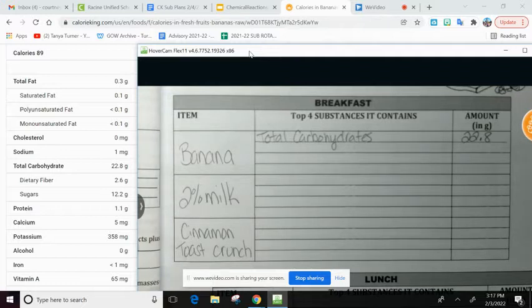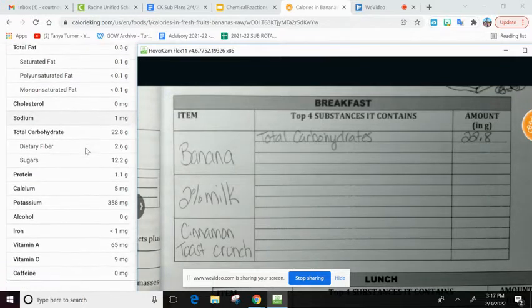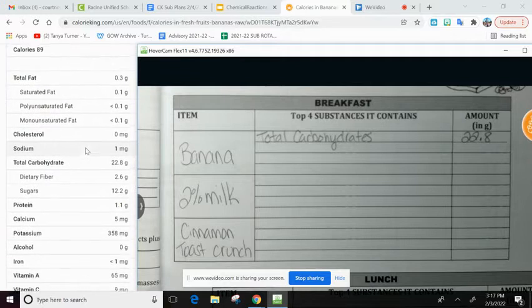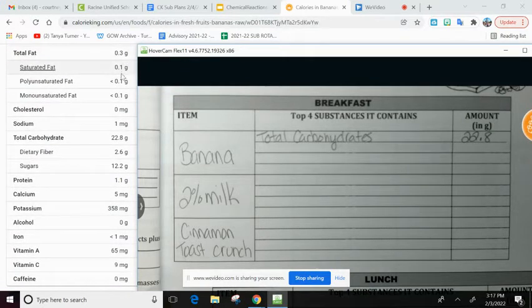So looking at the list on the left-hand side, the next biggest one would be protein. I'm just scrolling to make sure. Remember, we want it in grams, not milligrams. So dietary fiber, you might think is the next biggest one, but remember that's under total carbohydrates, so we already have that accounted for. So protein would be the next biggest one. So it would be 1.1 grams.